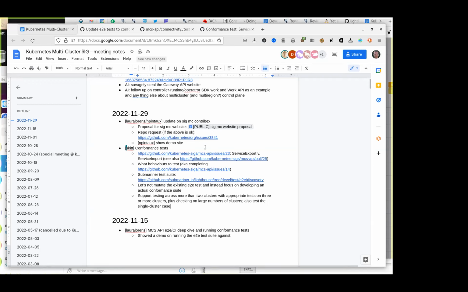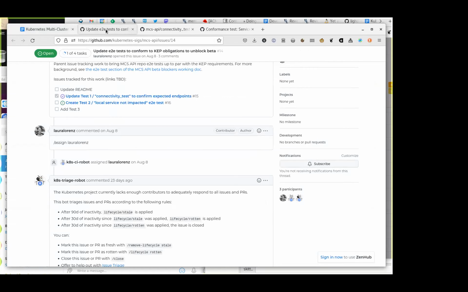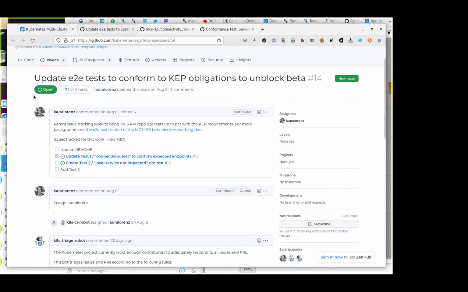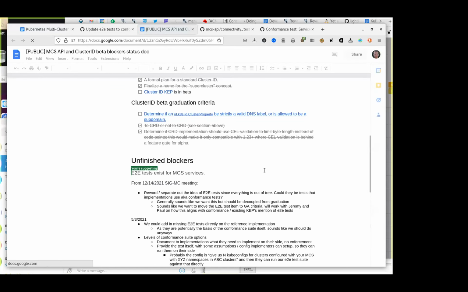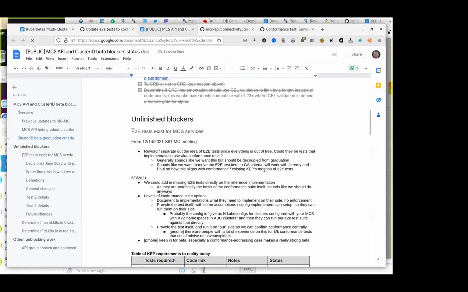Oh, hi, yes. Just want to double check on, part of the reason to work on these end-to-end tests in the system that they are and in the definitions that they were in the KEP was because that's a beta blocker. And if I let this dangle on one more year, then I'll come back as a ghost and haunt SIG MC for the rest of my eternity. But anyways, I just want to confirm the order of operations here.